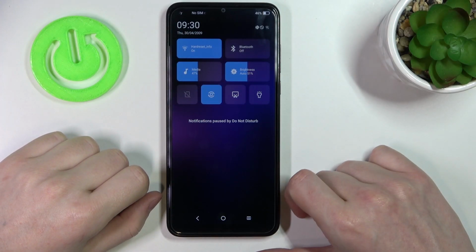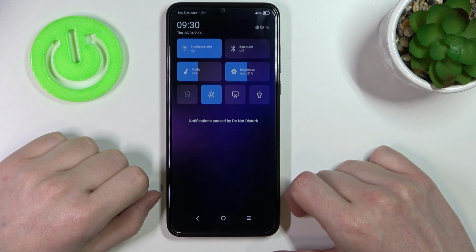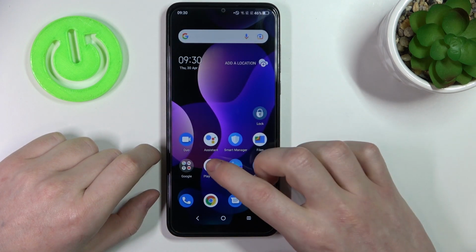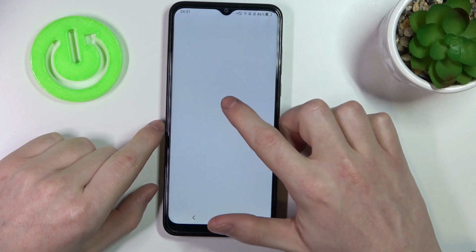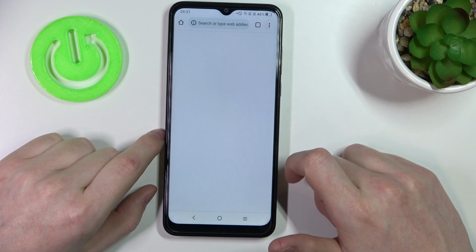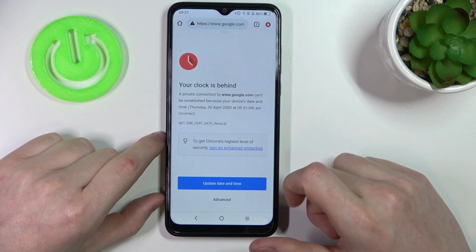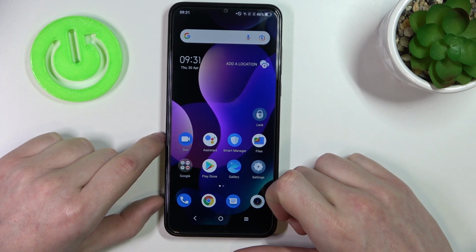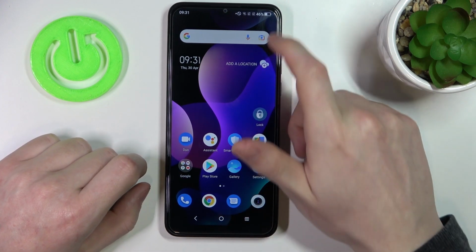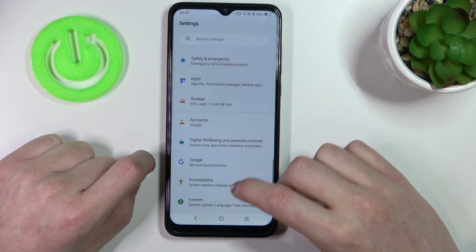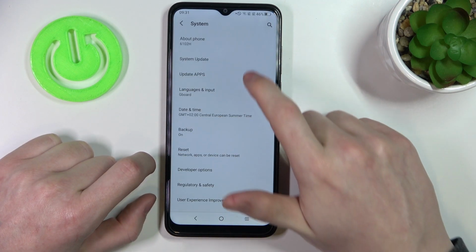Hello, in this video I'm going to show you how to fix the problem when you have an internet connection but you cannot browse your Google Play Store or use Google Chrome on your TCL 306T. So in order to fix that, we'll need to go to our settings, then find System and go for